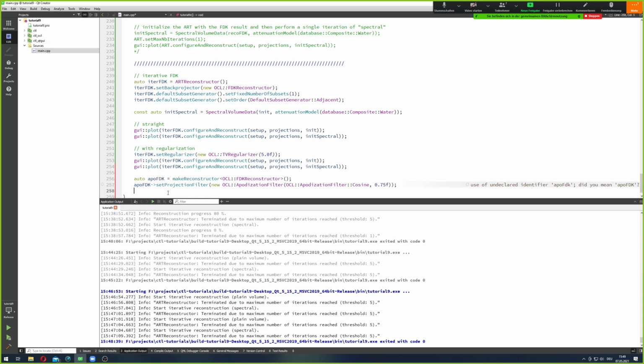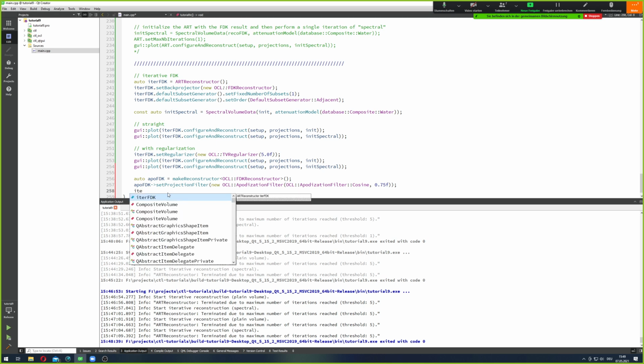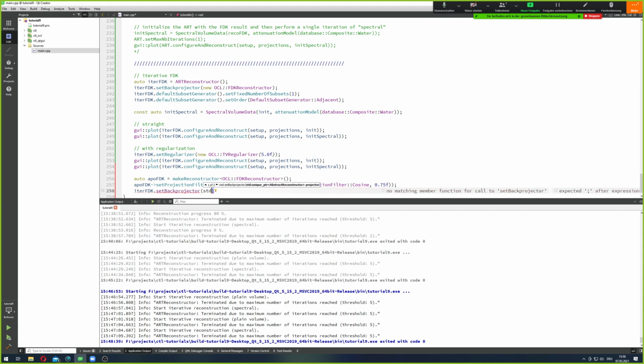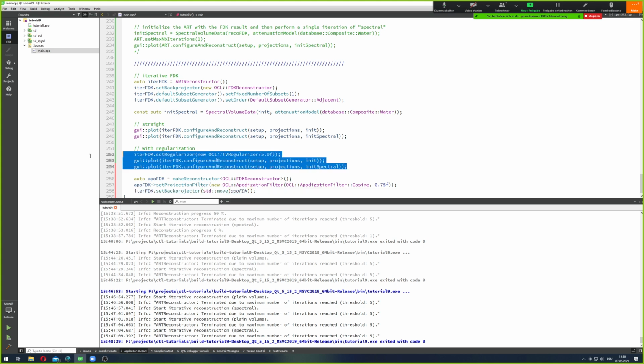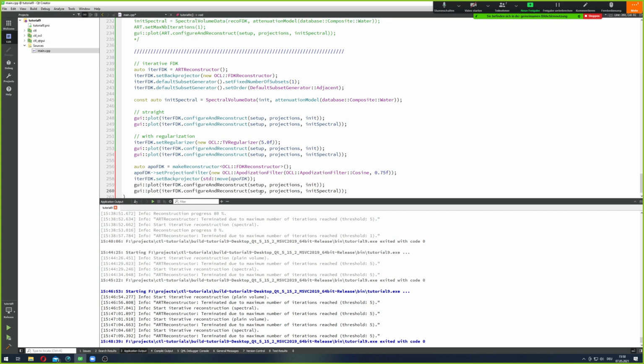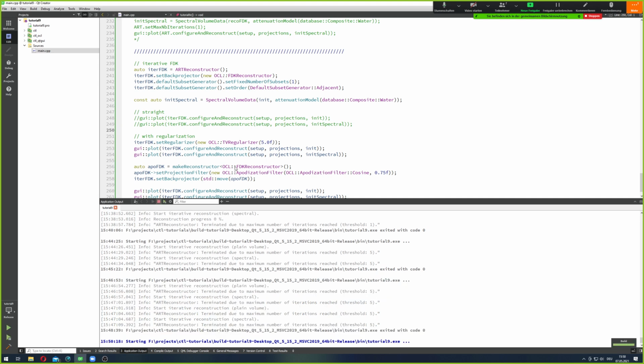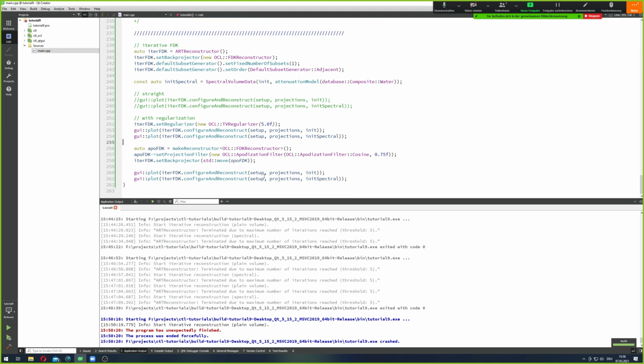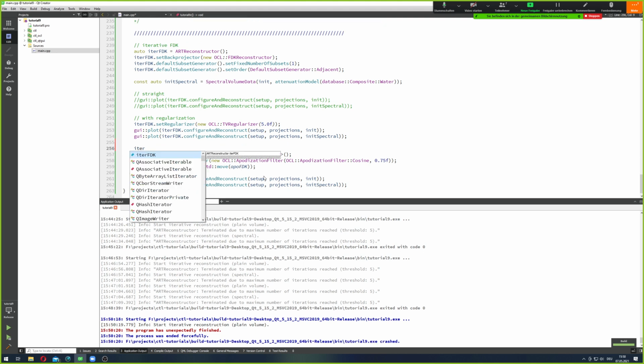Where's autocorrect when you need it, and then we just go on and set back projector once again and use this apodized FDK now, and then do that. And maybe we can spare these because we know how these look like, but to compare, well no, actually not. Stop, because before I'm doing this I want to get rid of the regularization,